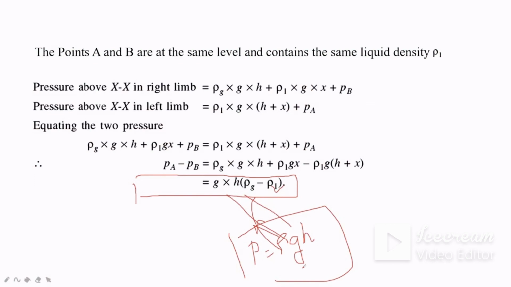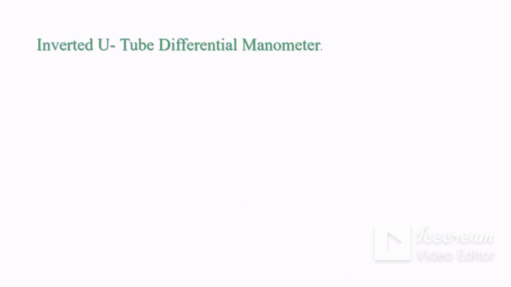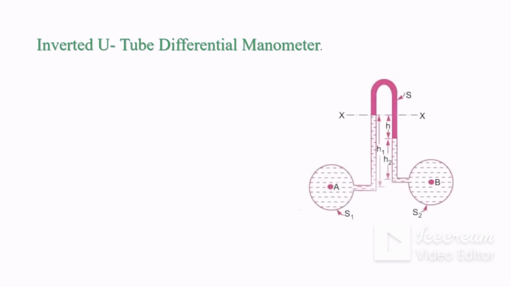Okay. So this was about the U-tube differential manometers. Next is the inverted U-tube differential manometers. So inverted, as the name suggests, it is ulta, inverted, right? So see here, the inverted U-tube manometer is connected like this. So if the pipe is there, it is connected inverted only. Okay, somewhat ulta. So whatever cases we saw earlier, this is somewhat different.